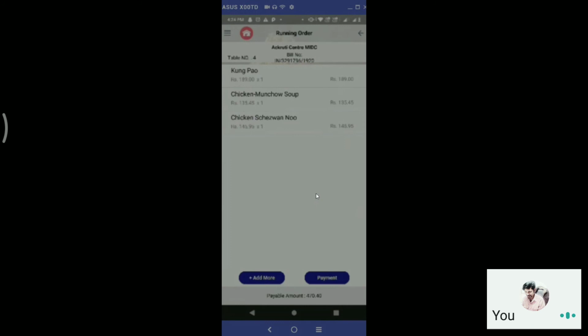For example, if someone has ordered a pizza and garlic bread, the system should prompt, let's offer a Pepsi also. Whether he takes it or not is up to him, but the system should prompt: do you want to add Pepsi? So we have to configure that. Once we configure it, it will pop up over here also, on the POS and our app. If you want, we can show it on Zomato Swiggy also.